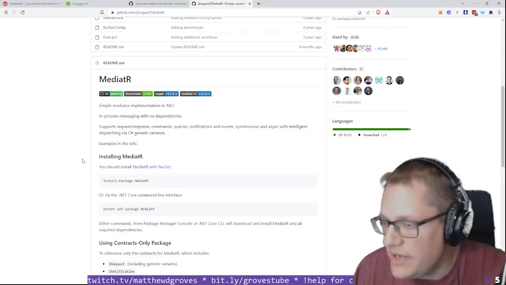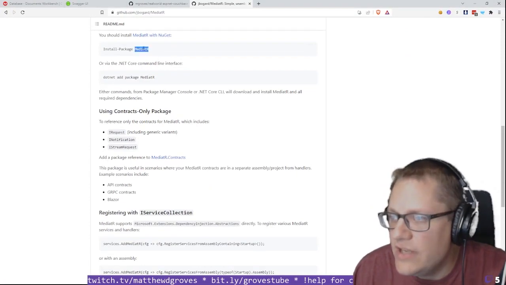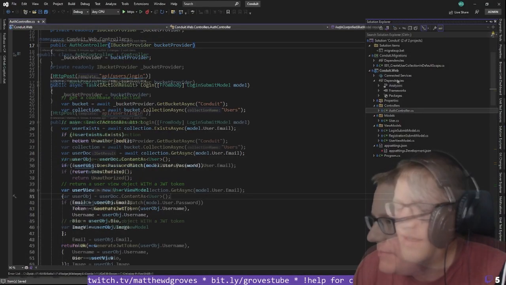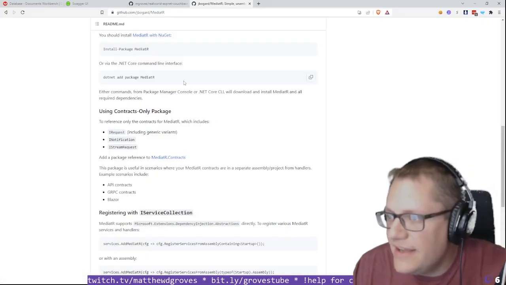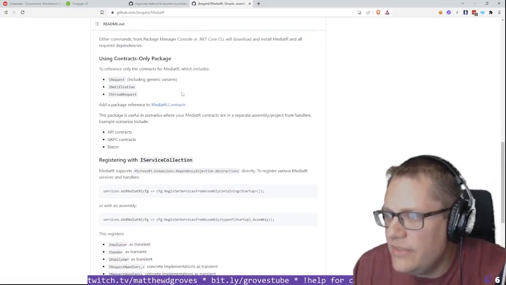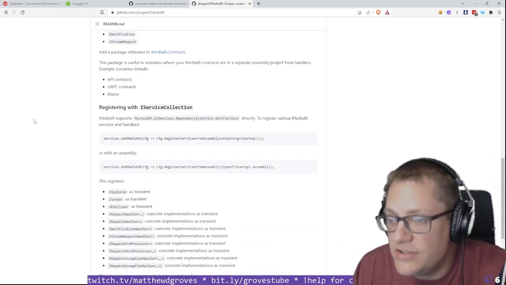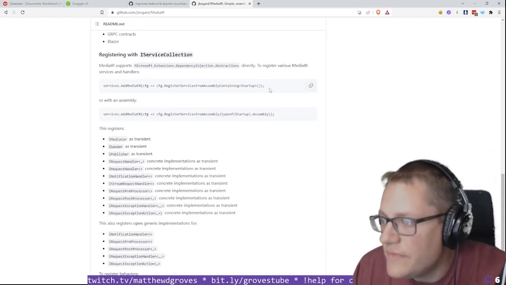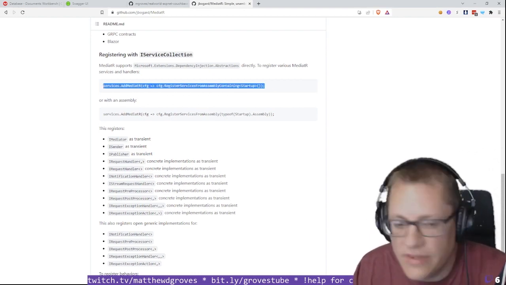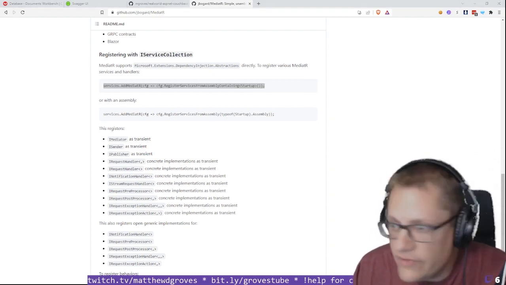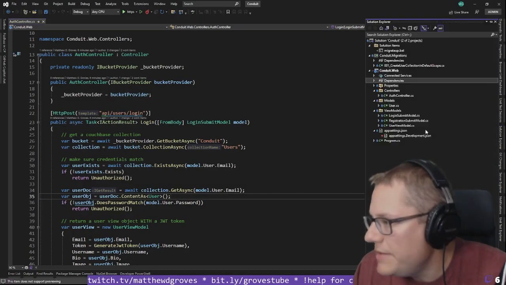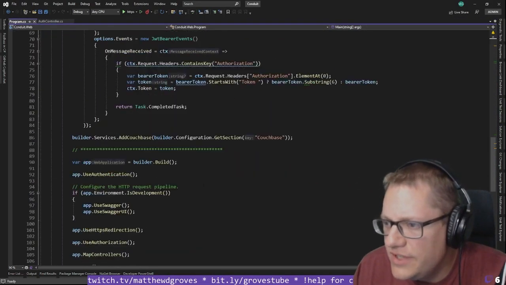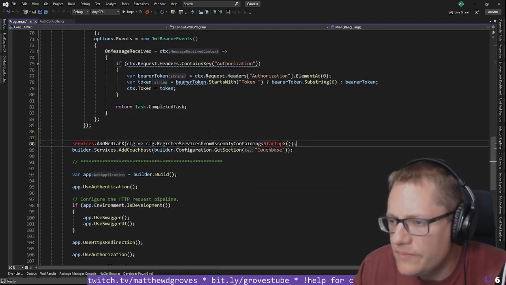So how do we get started with MediatR? We add it via NuGet. This is called MediatR, if you will. Okay, and MediatR. All right, so then basically all I just do is I have to add some dependency injection stuff. So I can do this right here. If I go back to my program, it's over in services again. So we'll do